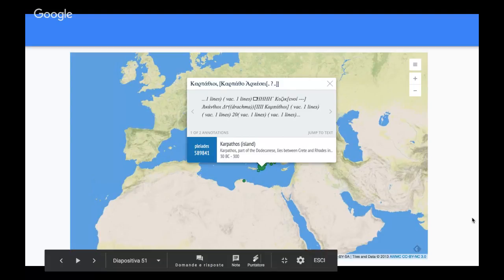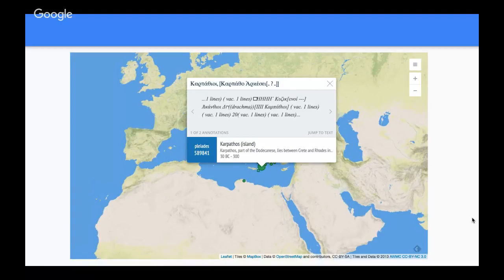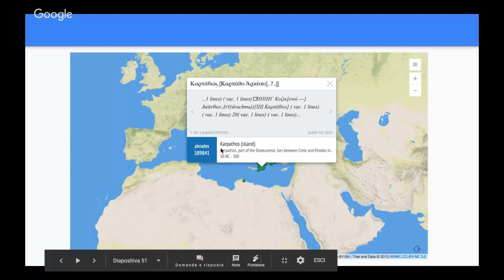This is a section of the project that Marcel was supposed to show you. So let's give him credit for doing this. He actually tried to map all the spatial references in a series of very important inscriptions called the Athenian tribute lists. He associated every place that was mentioned there with a physical place and the reference in a gazetteer. By having that map and by clicking on each circle, you will always be able to jump to the original context in the text and to have an idea of how many annotations were made of the same reference to that text.